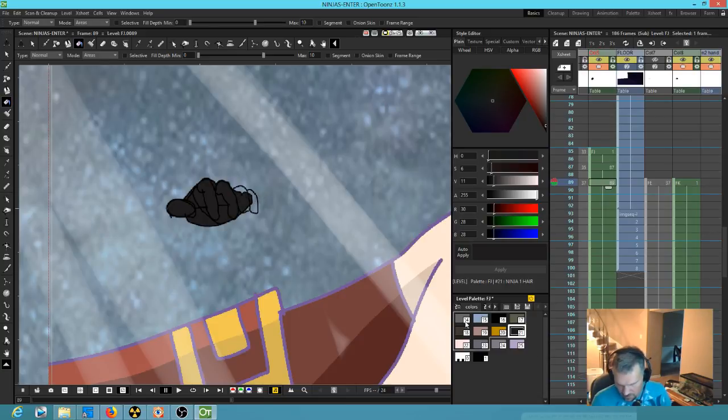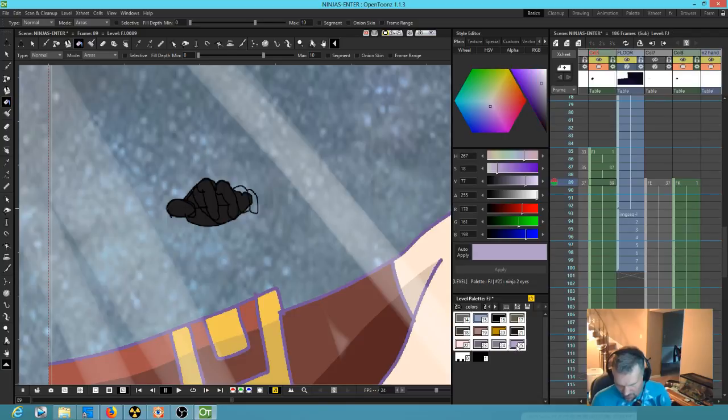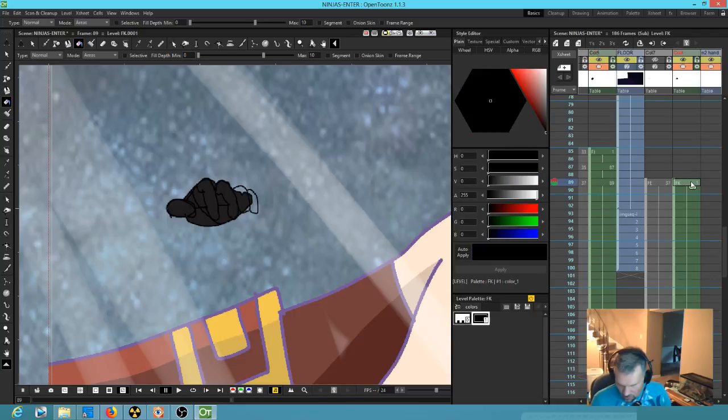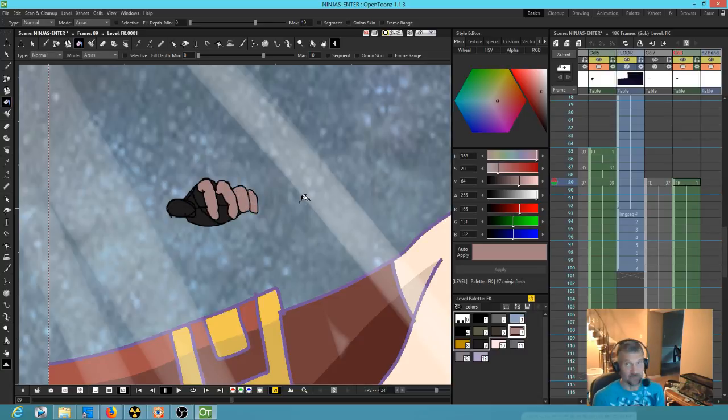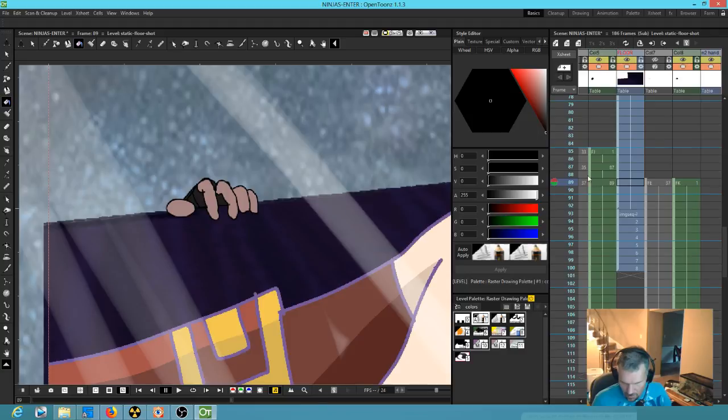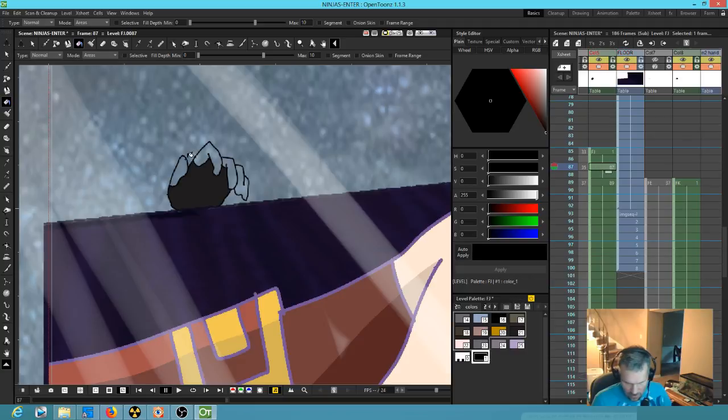So what I want to do is, yeah, this is definitely a kind of unusual bit of shenanigans I have to go through here because his hand is both in front of and behind the wall, depending on what frame you're on. So now if we put the wall back in, it comes up and over. So now for some reason right here,